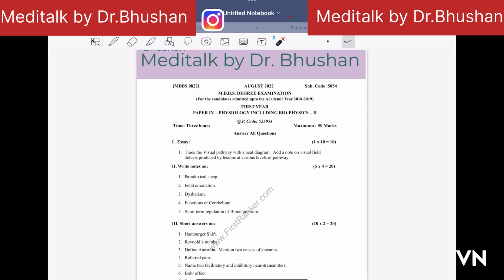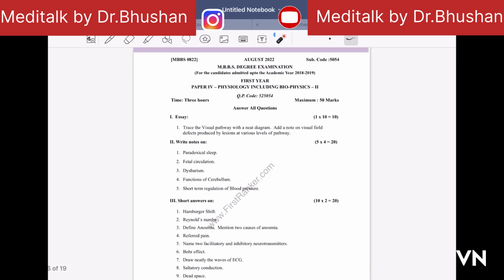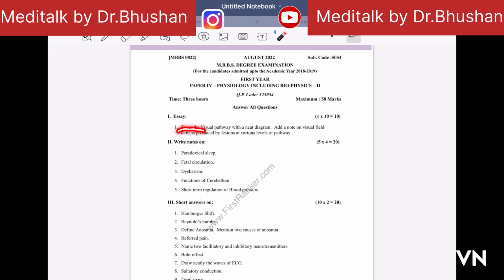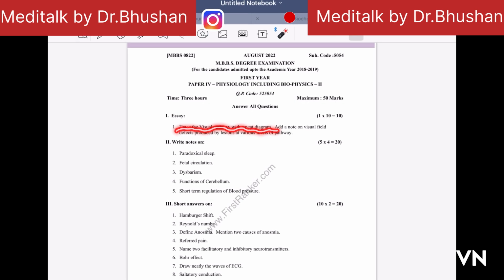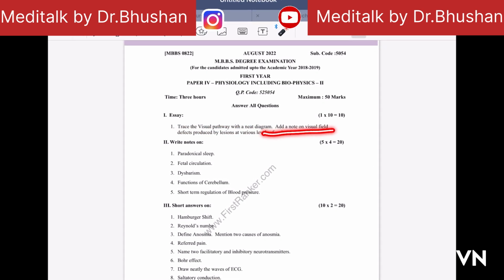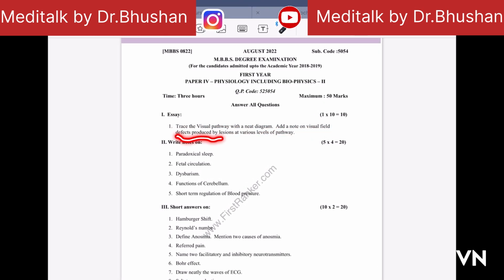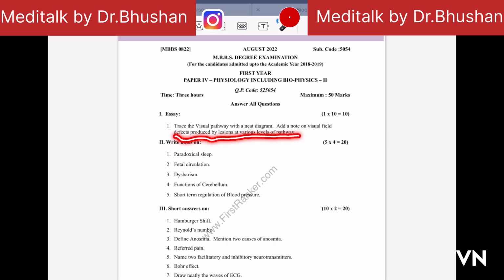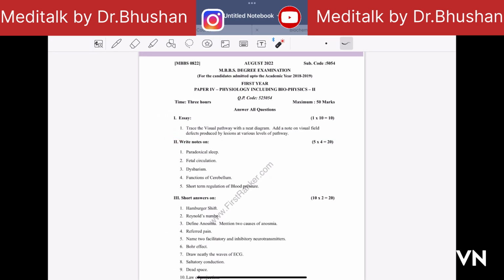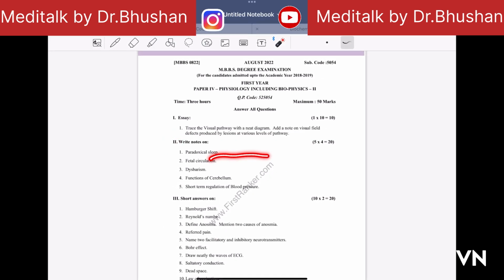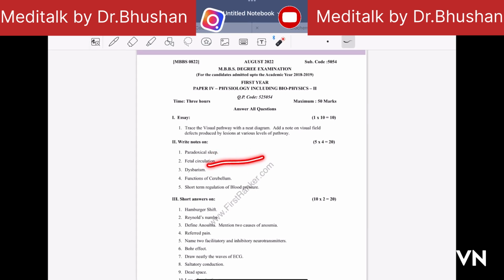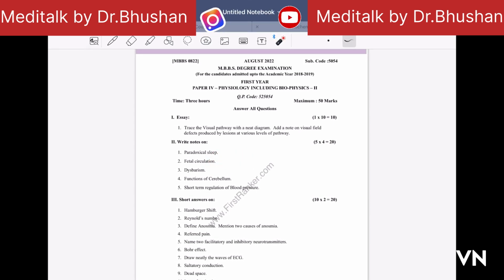2022 paper 2. Essay question: trace the visual pathway with a neat diagram. Add a note on visual field and defects produced by lesions at various levels of the pathway. Section 2, write notes on paradoxical sleep, fetal circulation, diabetes insipidus,